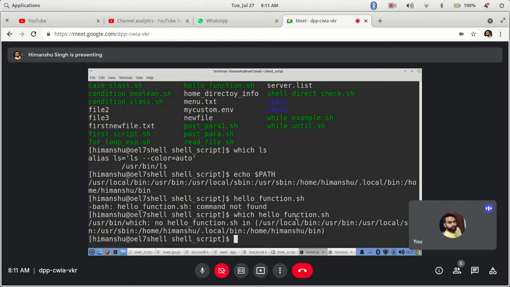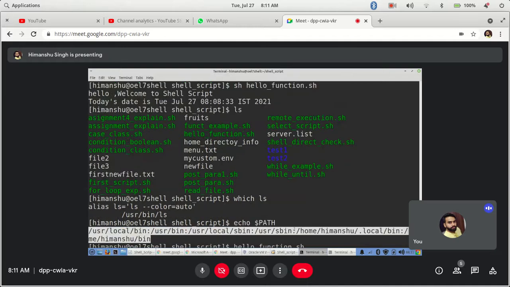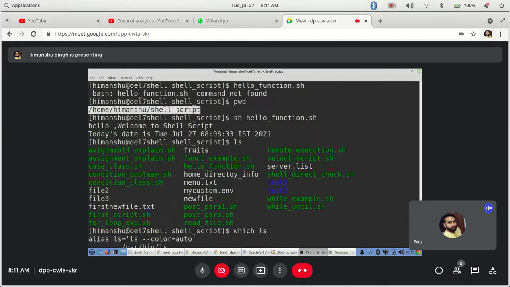So to make it work, what we normally do is export PATH, I define the path variable, and I say dollar PATH, take the current value of PATH, which is this and is already there, plus, to add one more path to this path variable, I use a colon sign, and then I give the path where my shell scripts are placed.